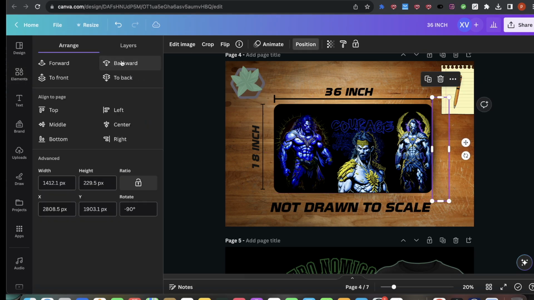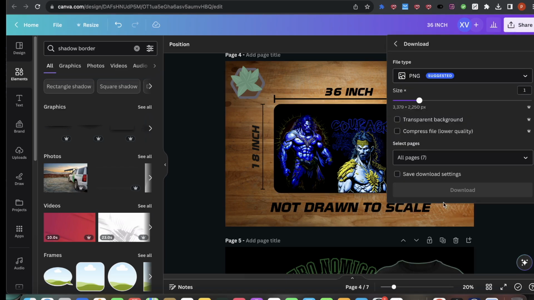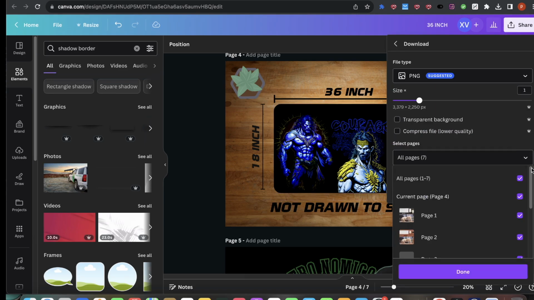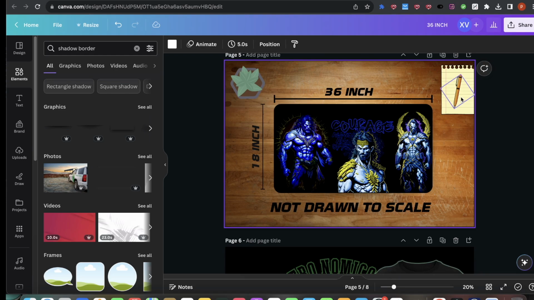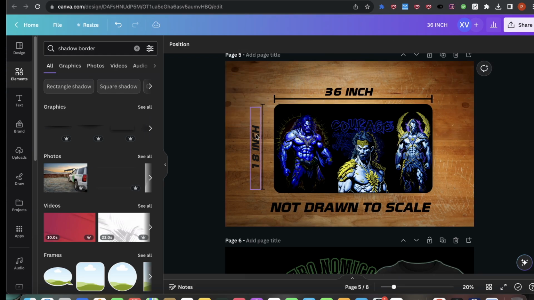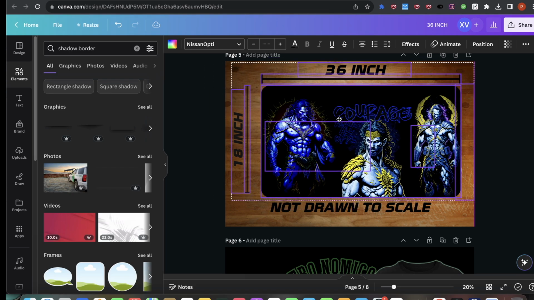And I can move it backwards, and then front just a little, and something like that is pretty decent. It is a little bit too big, that's why it kind of shows an invisible line, but that looks pretty good, right? So that could be the mockup that I'm going for. I can go over here, hit download, right? And if I want to, I can make an alternative to this. I can duplicate it, get all this stuff out of the way, right? And I could take this and increase the size just like that,